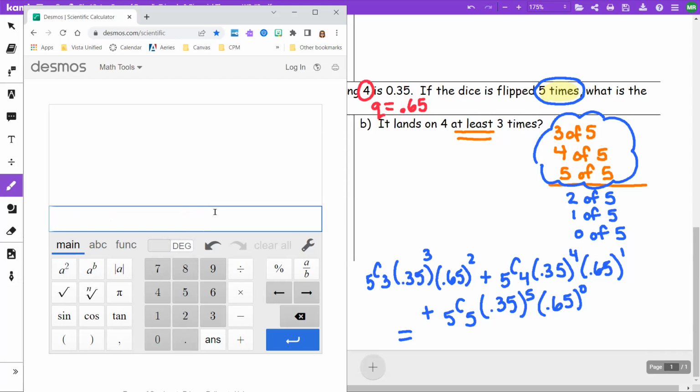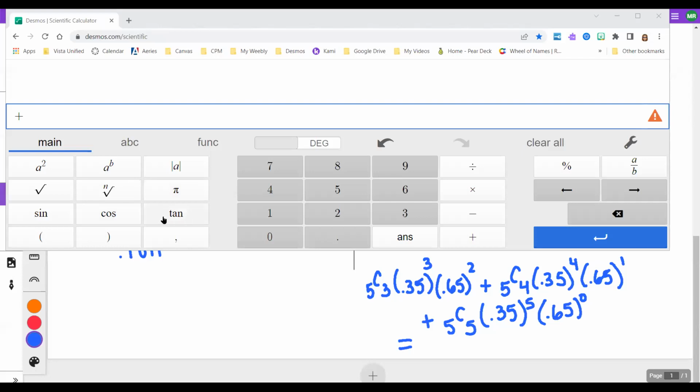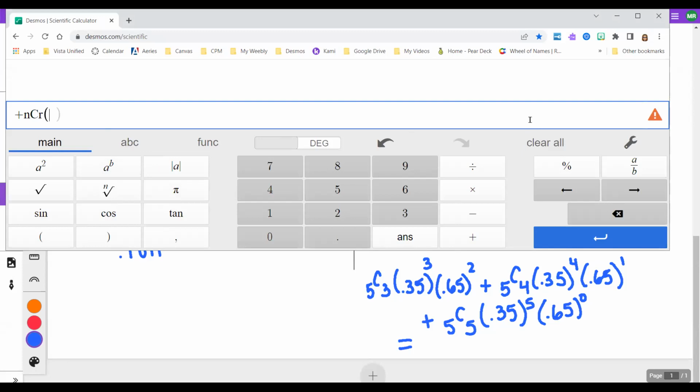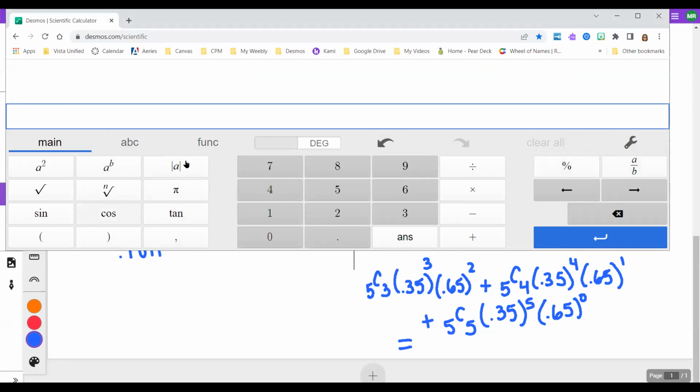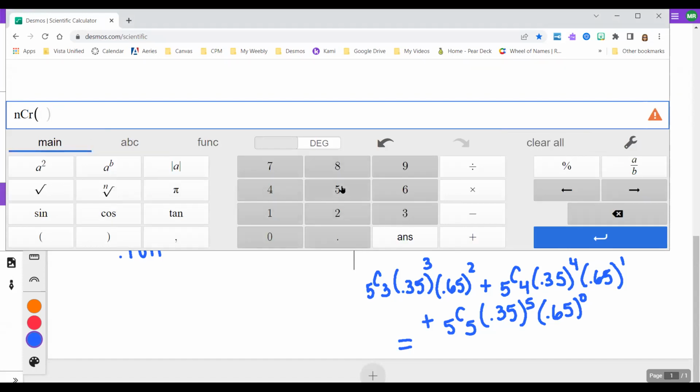I didn't mean to clear it all. Okay, so let me start again. Let me clear all of this and start fresh. So I'm going to do n choose r. I'm going to have 5 comma 3. So that's 5 choose 3 times